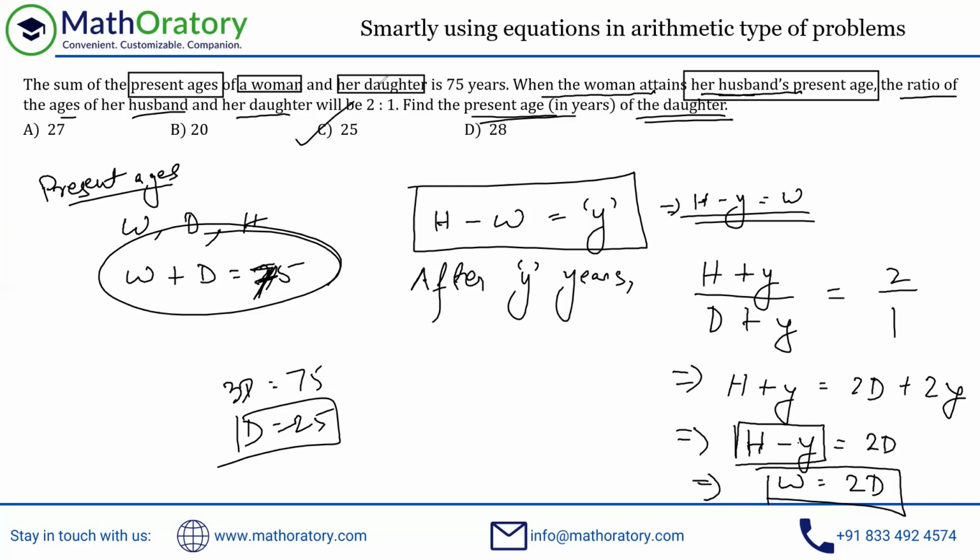So this is the entire question. I hope you understood how I took the variables and how I simplified it as we went along in the question. So just use the variables smartly and you'll automatically find a way, if you're not finding a way to relate the numbers as they are presented. So that's it for this question.